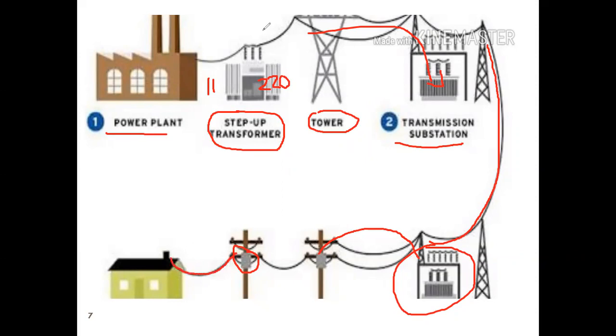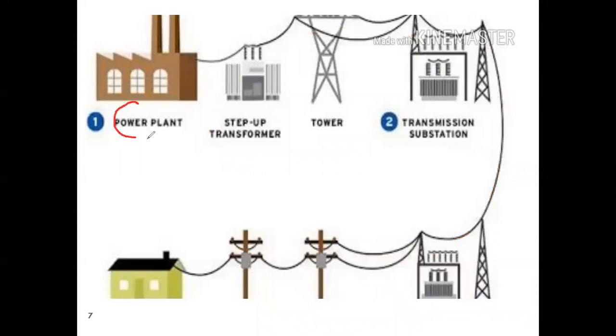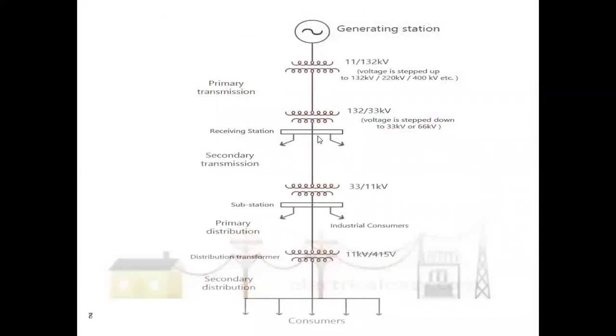So this is the chain, and you have seen in the diagram the production of the supply in a power station, and then by using all these mediums, we get the power at our home. So in this whole chain, there are two substations. One is a transmission substation and the second one is a distribution substation. In this session and also in this unit, we study the substation.